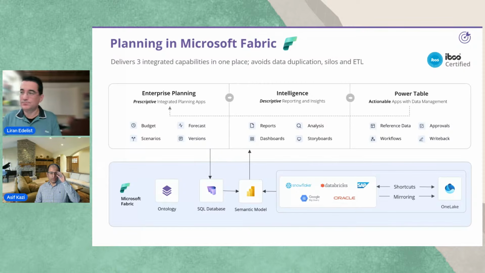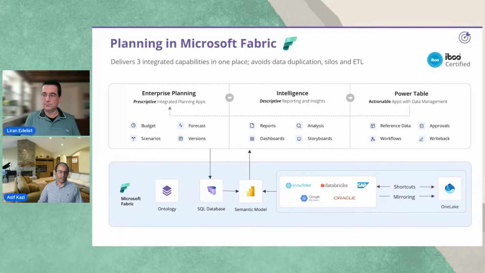Yeah. Right. So essentially what I'm hearing you summarize for the audience is that, hey, obviously planning in Fabric IQ is leveraging all the power and capabilities that Fabric is providing, which is essentially consolidating all the data into OneLake, and then leveraging all the existing investment that's already gone in by large enterprises into the semantic model. It doesn't matter where the data is coming from. It could be coming from Snowflake, Databricks, SAP, etc. As long as it's tied to a semantic model, the heart of the Fabric ecosystem anyway is OneLake, and then being able to leverage that to do enterprise planning.